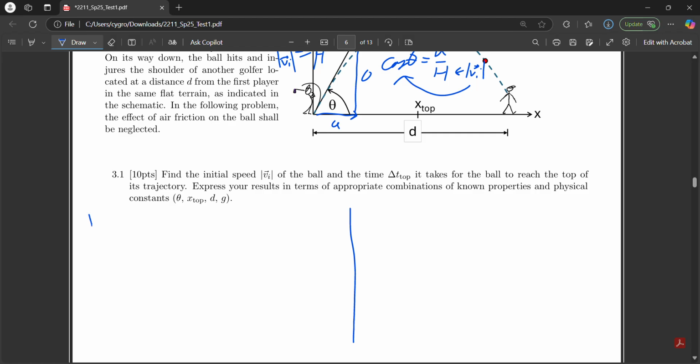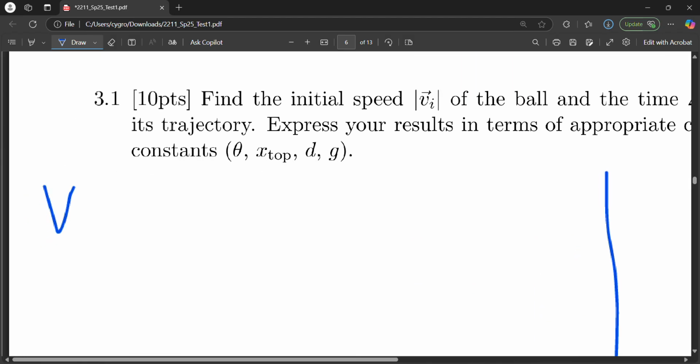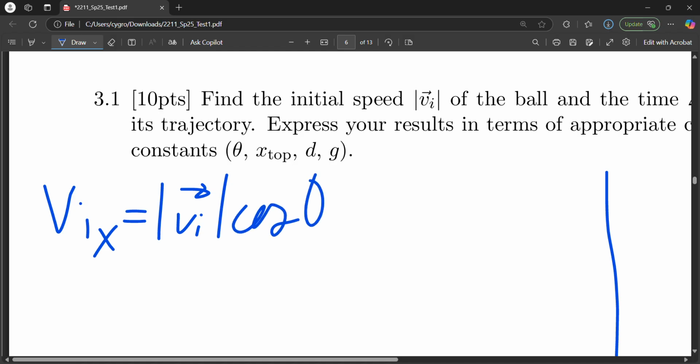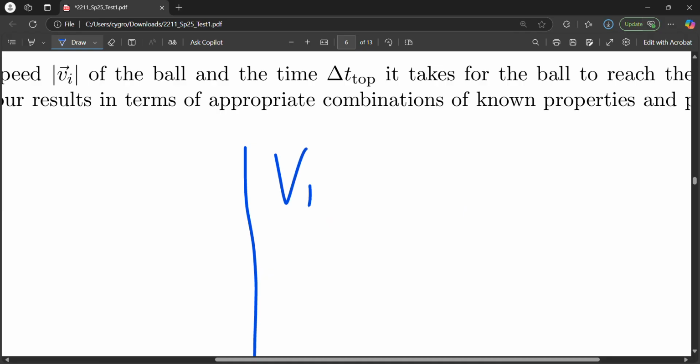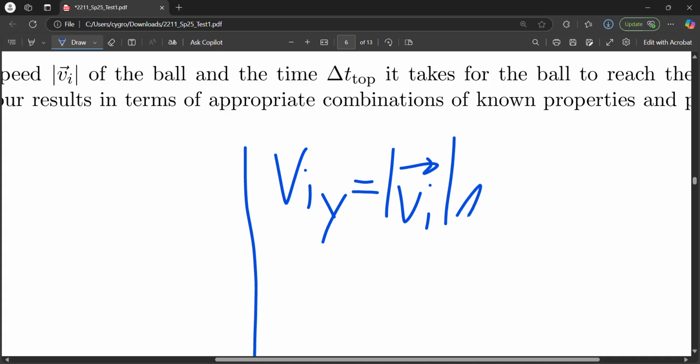So we know that the initial velocity in the x component is equal to the initial velocity times cosine of theta. And the initial velocity in the y component is equal to the initial velocity times sine of